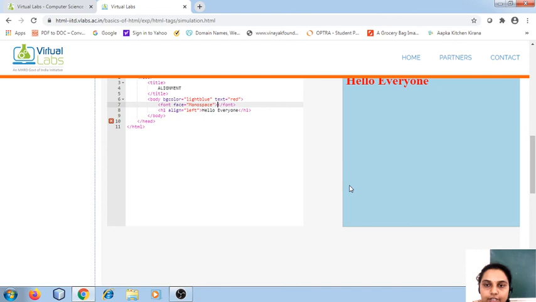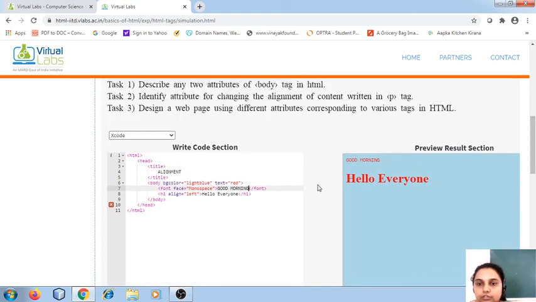Monospace, and then I write good morning. Can you observe my handwriting is written in terms of monospace?